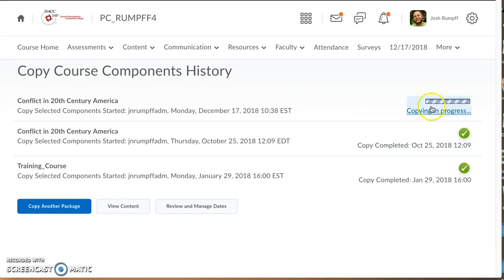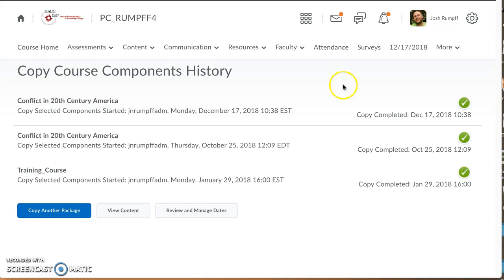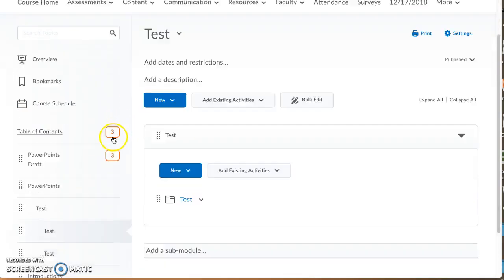Remember, do not refresh this page while this is going on. This can take anywhere from a couple of seconds up to a couple of minutes. If it goes on for longer than 20 minutes, then I would just close out of the browser and contact me. So I go back now into Content, and with any luck, at the very bottom here,